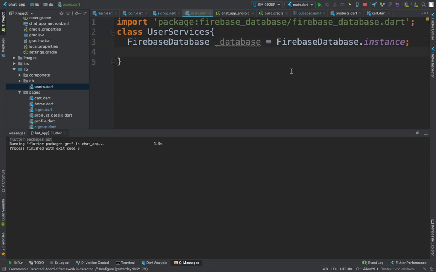Okay, done. And what else do we want? We want a string, which is going to be our reference, and that string will be equal to users. Done. Now we need a method, create user, and this will eventually take some parameters that we will define, but for now in here we're going to have